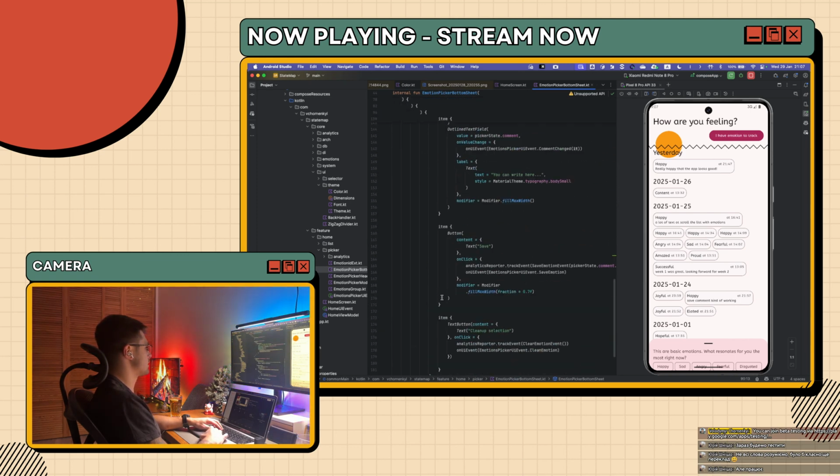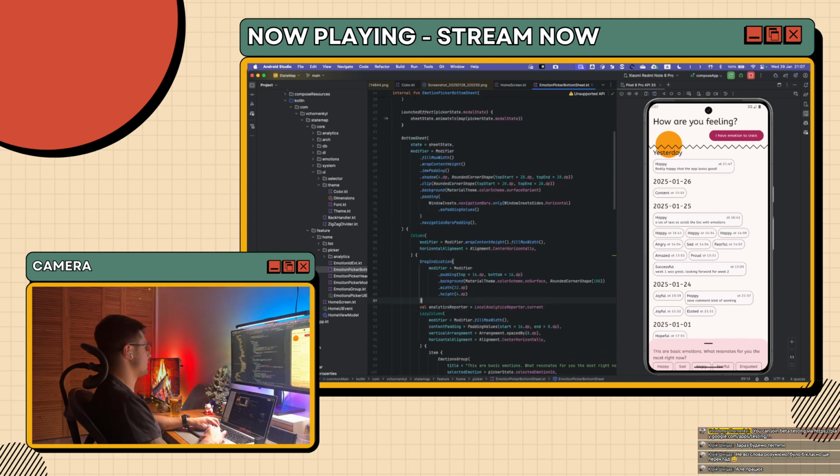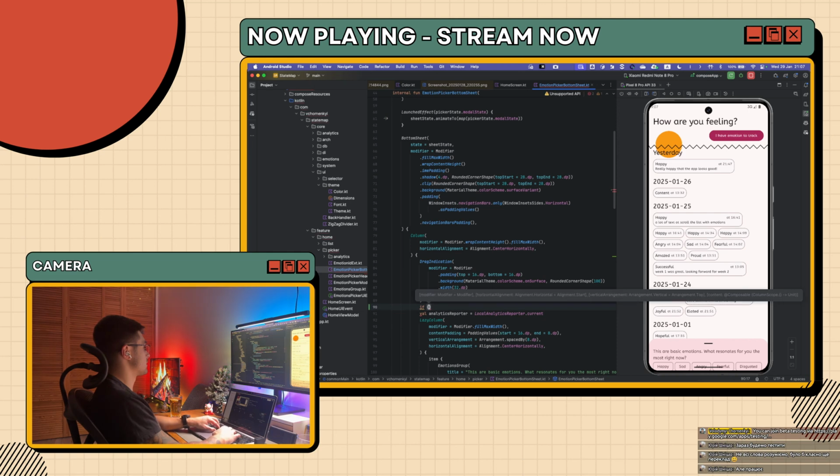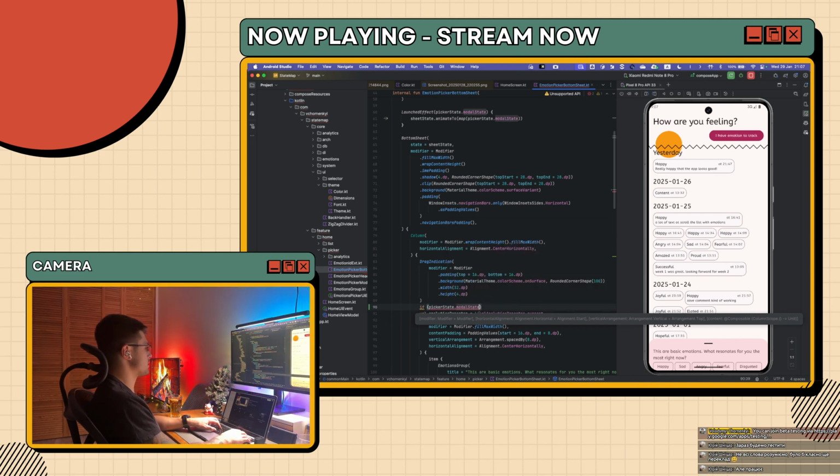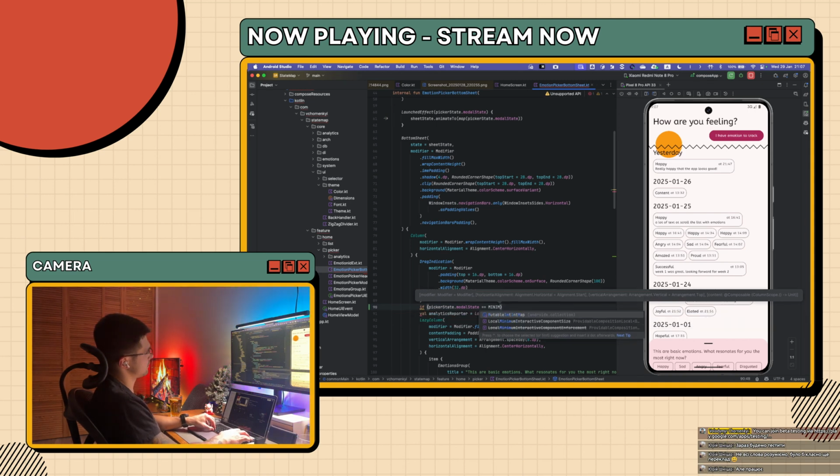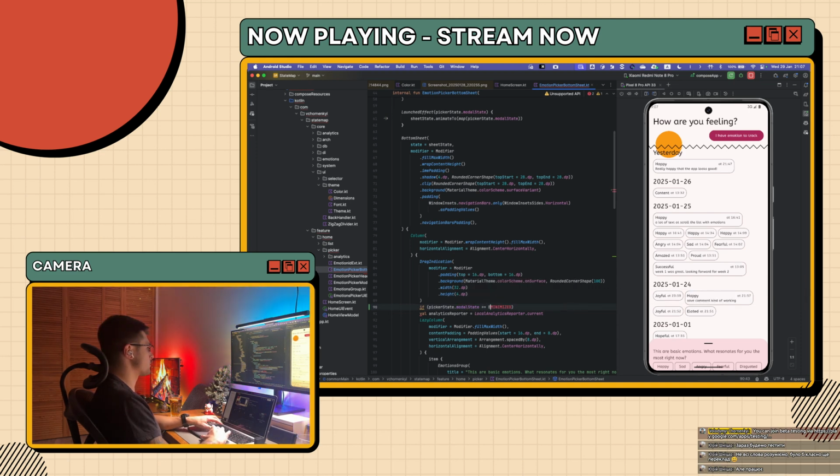Basically, that would mean that if picker state, model state is state minimized. So if yes,